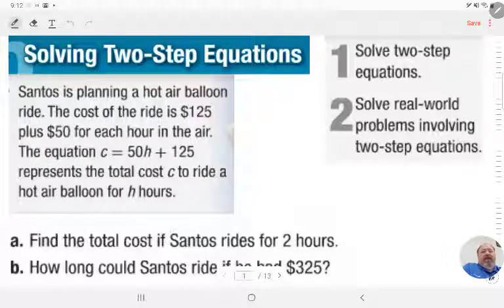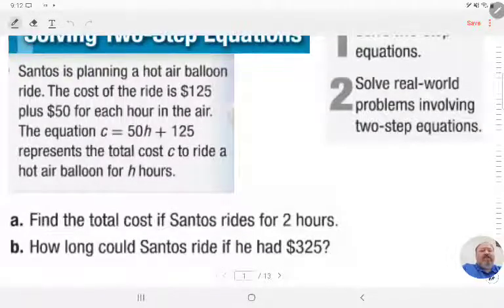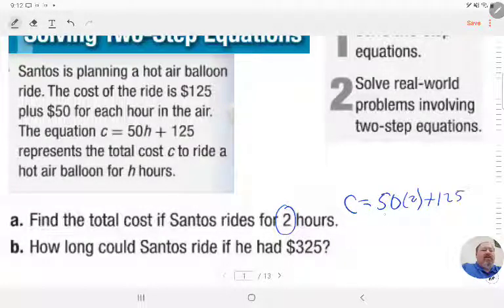So this says Santos is planning a hot air balloon ride. The cost of the ride is $125 plus $50 for each hour in the air. The equation C equals 50H plus 125 represents the total cost C to ride a hot air balloon for H hours. Find the total cost of Santos' ride for 2 hours. All we would have to do is take 2 and substitute it for the H. So it'd be C equals 50 times 2 plus 125, or 100 plus 125, or $225 is what it would